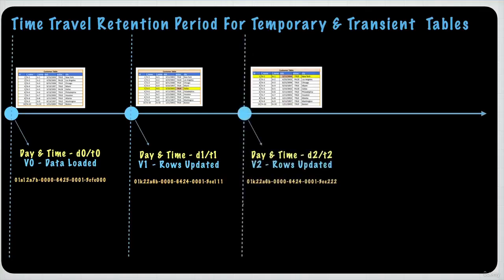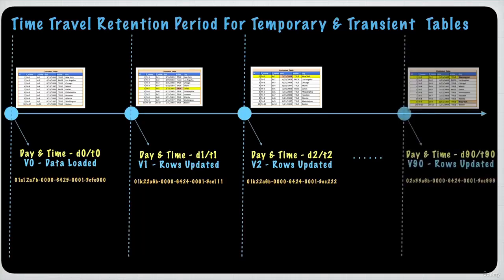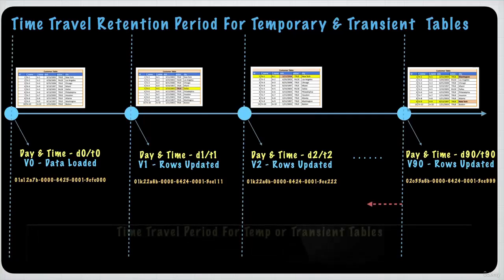As you move to the next day, the next ETL operation happens. We would not be able to access version V0 as it is outside of the 24 hour window, or a 1 day window, for a temporary or a transient table. Then further ETL operations happen, and if we reach the 90th day, we would not be able to access any data from version V0, V1 or V2, and we would be accessing only the current date time minus 24 hours of the historical data and not beyond that window for temporary and transient tables.